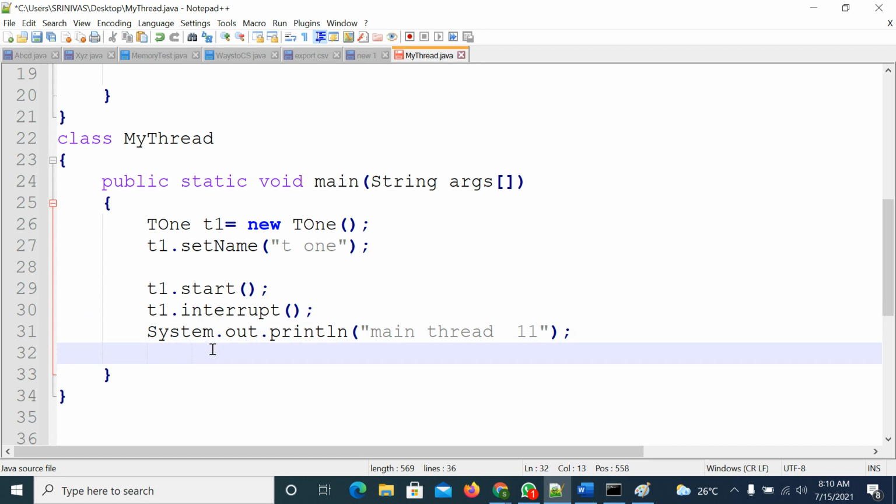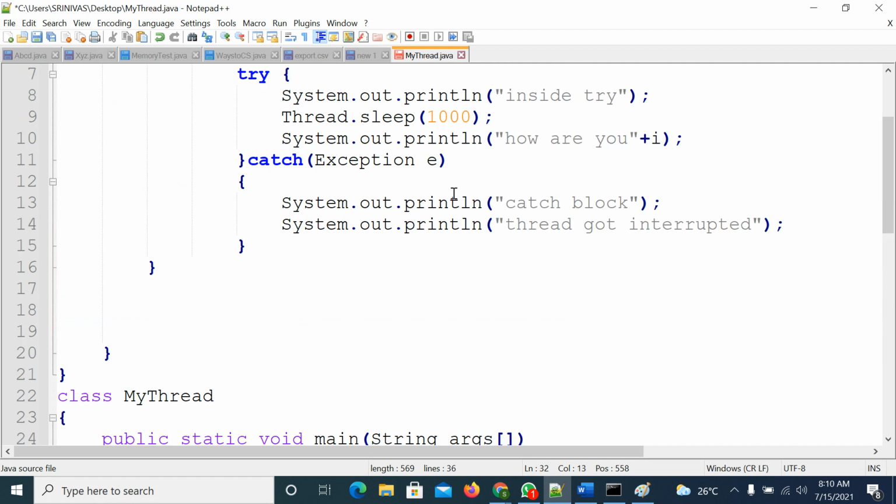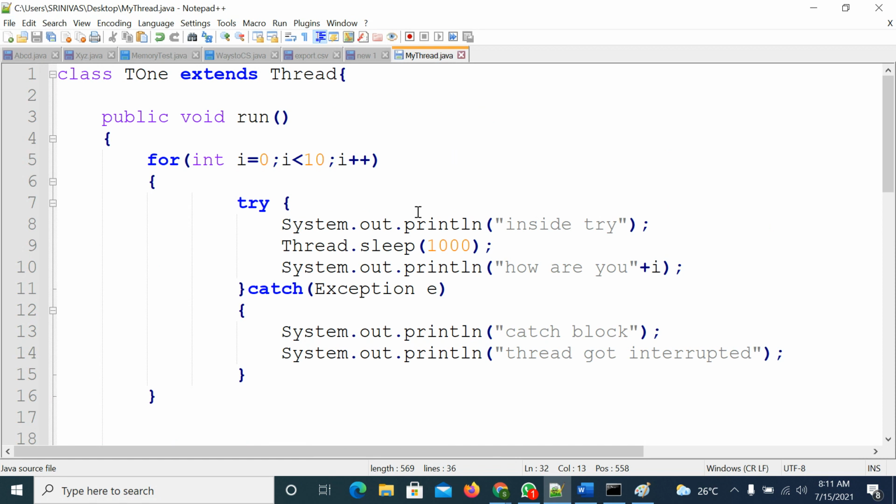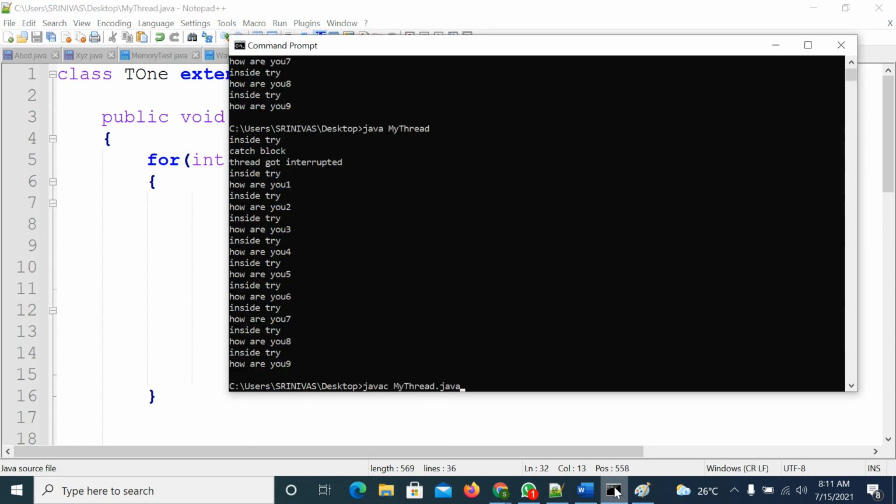So we don't have code to interrupt it again. If you want, you can write the code. The code is not there, that's why the remaining times it is printing the data. So the first time you are able to interrupt it, but from the second time onwards you are not interrupting. If you want to interrupt, you can, but you need to check whether the thread is in waiting state or not. So compile the code and execute it, you will get the same.